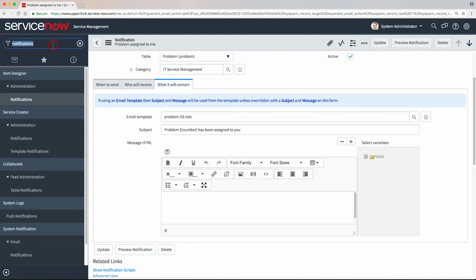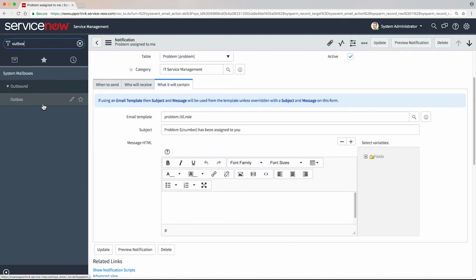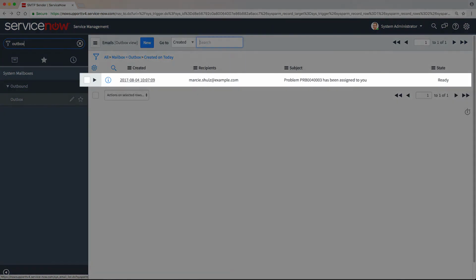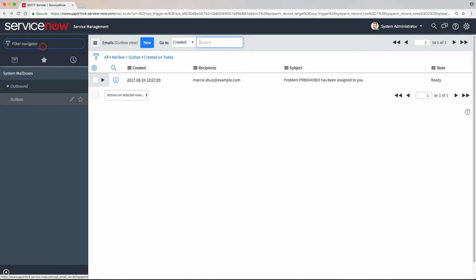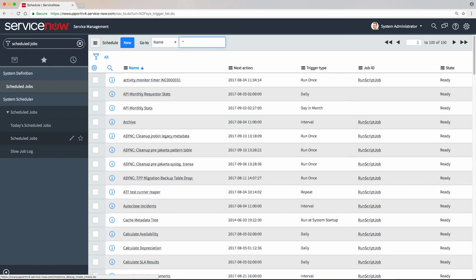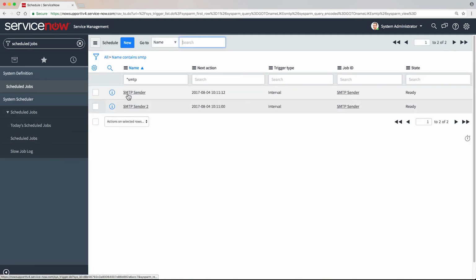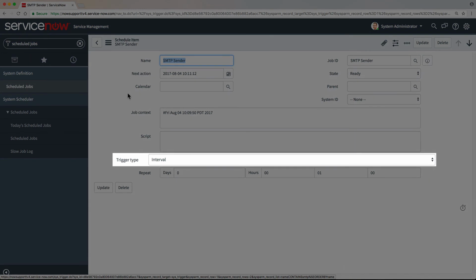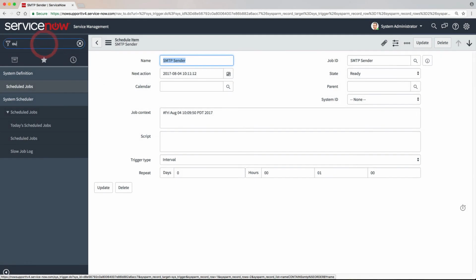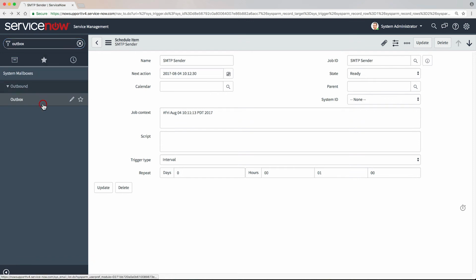The notification creates a sys email record in the outbox. Here it is. And then the SMTP sender scheduled job sends the email. In this case, the scheduler is set to an interval of 1 minute. After being sent, the email moves from the outbox